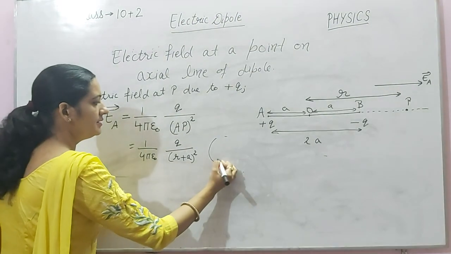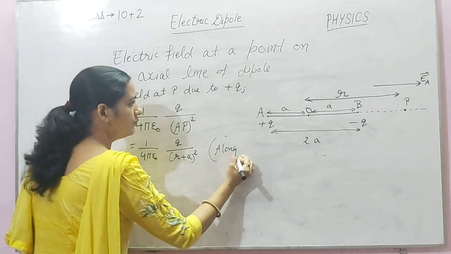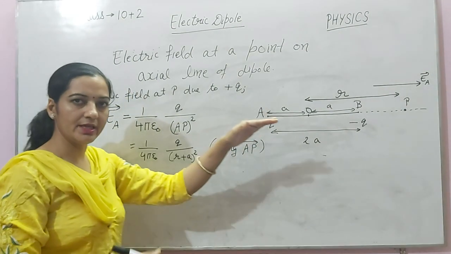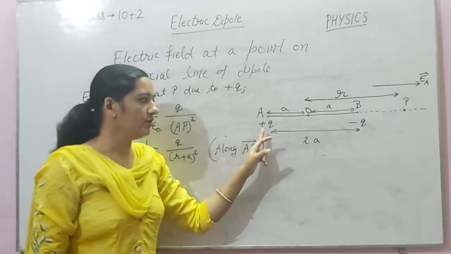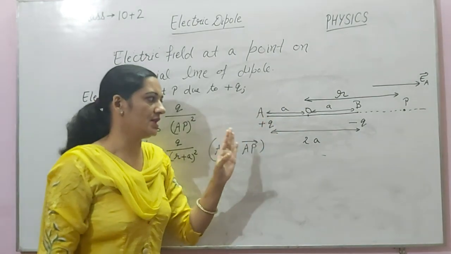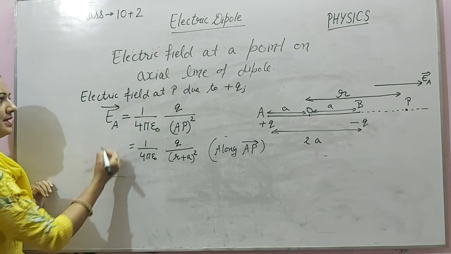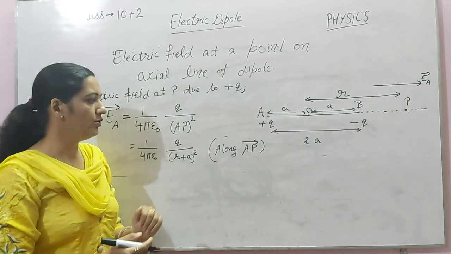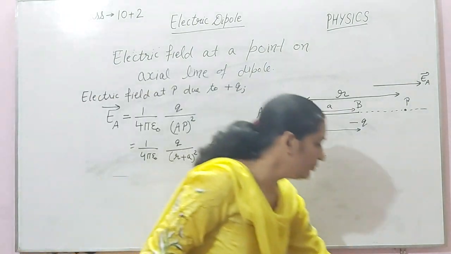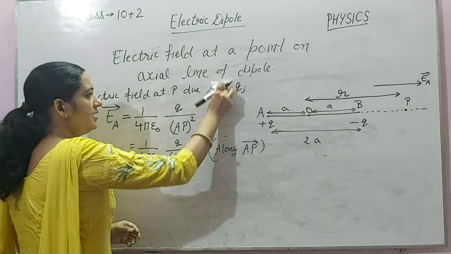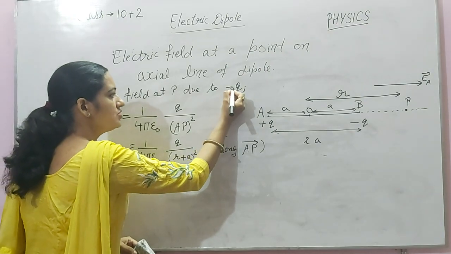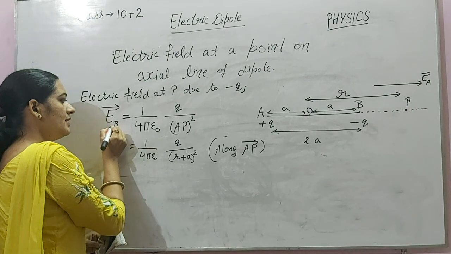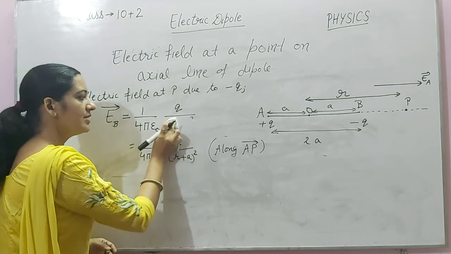I will write here along which direction, that is AP, from A to P, because electric field always points away from positive charge. Now the second step is electric field at P due to minus q charge. Things are similar, but what is the change? Here we will write minus q charge and we will write EB is equal to, can you tell me what is the distance here